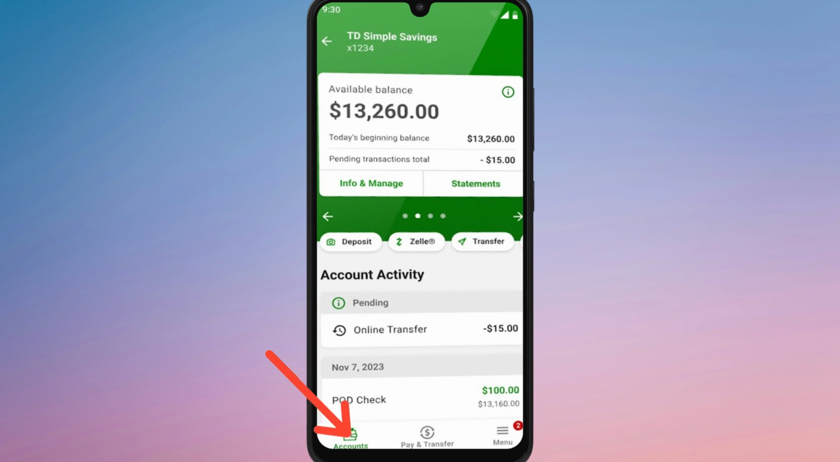Now you know how to check your loan balance in the TD Auto Finance app anytime with just a few